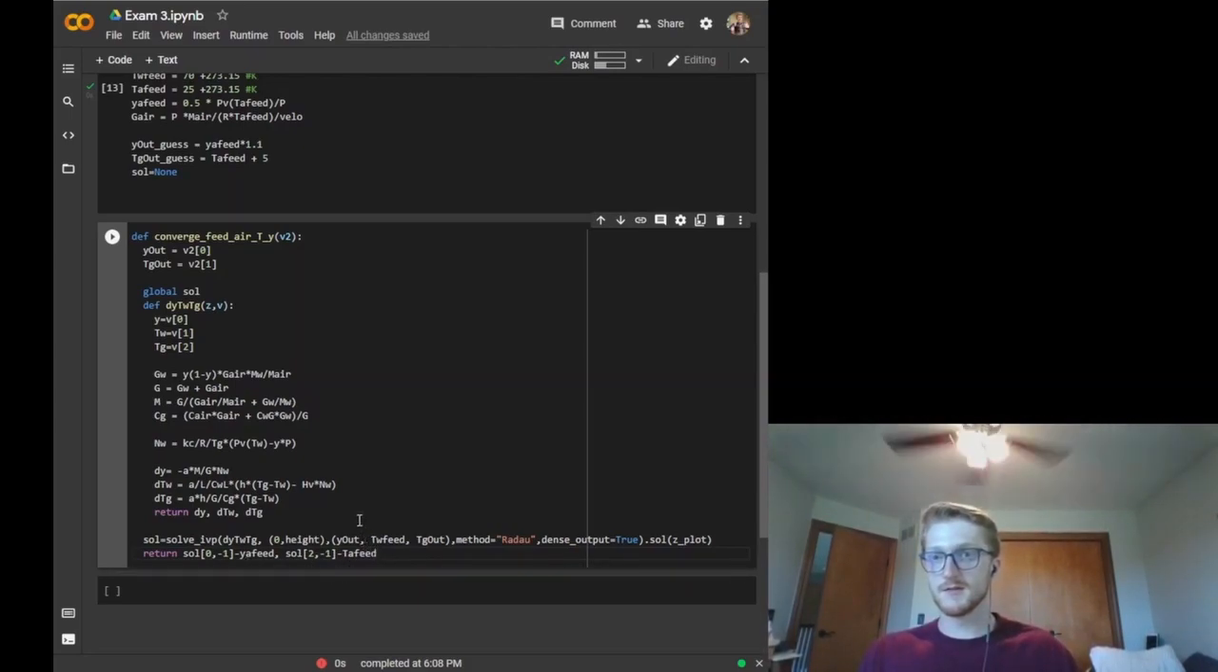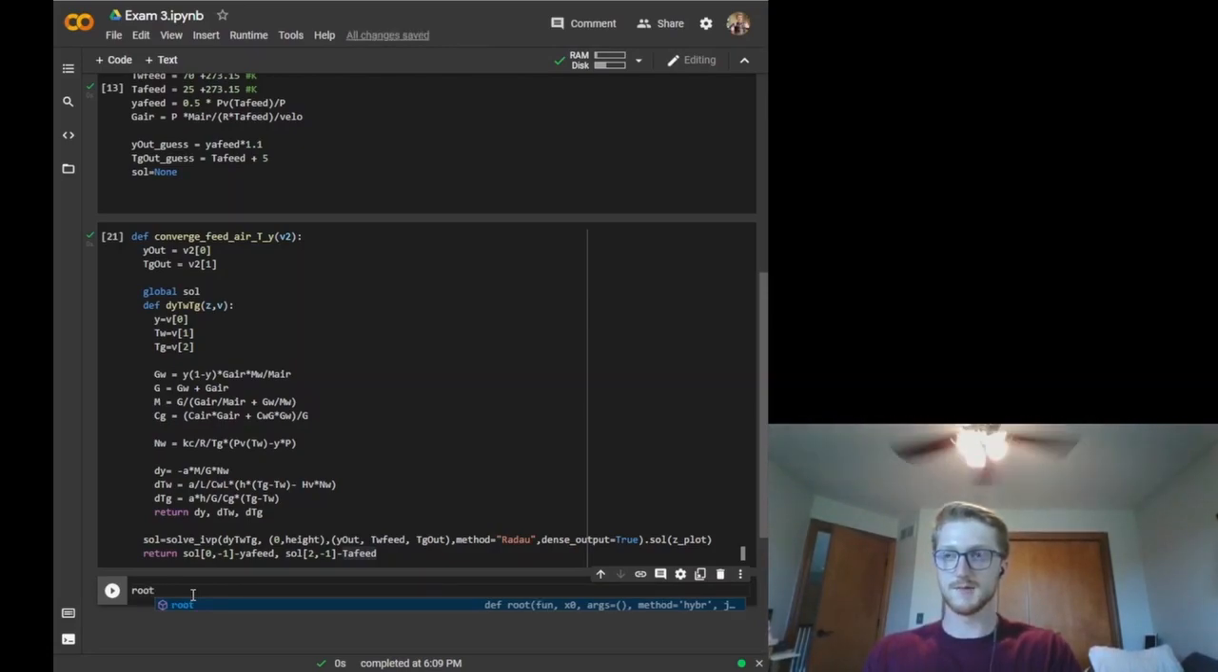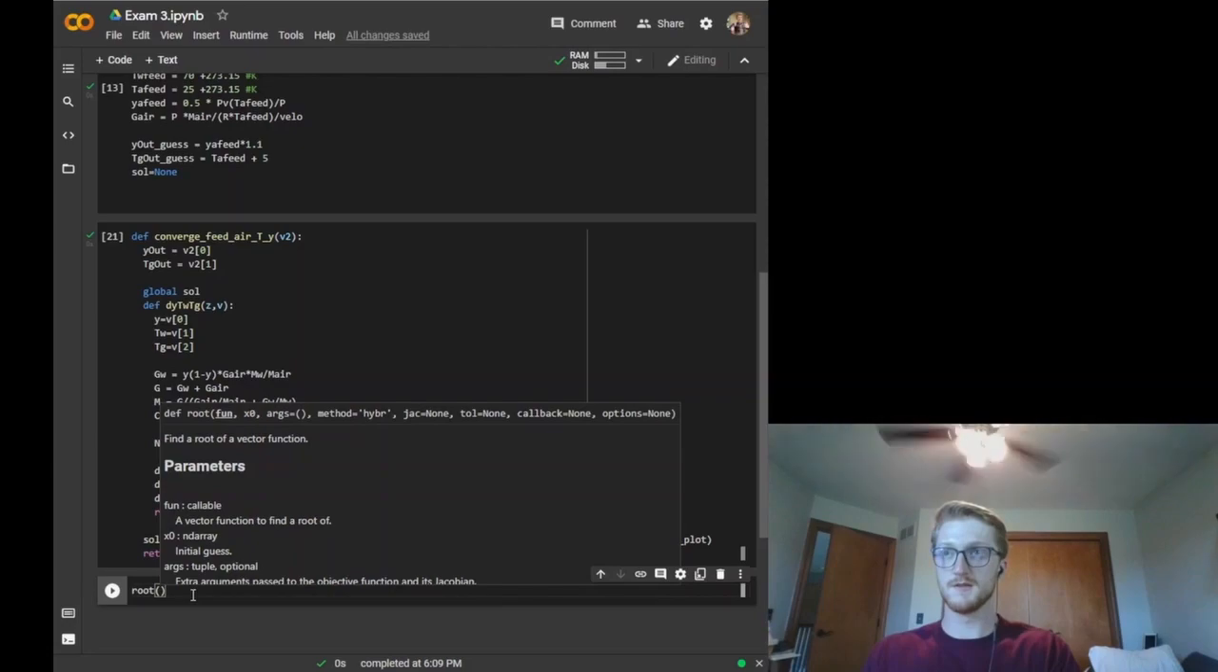And so with that, we should be able to shift enter that. And then that gives us our function for our converge with the initial guesses of Y out and TG out, or our initial conditions. And then we can use that to do a root solver, which we pulled in earlier. So we can use a root of the function